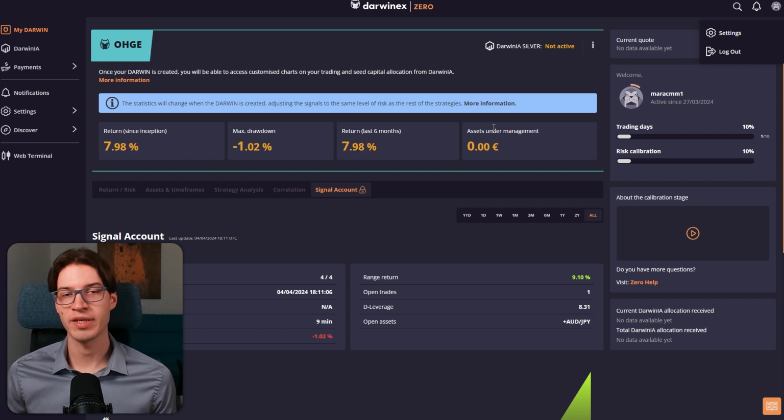Darvinex Zero is pretty safe as well. They have all of the licenses they need. They are regulated, so it's a very, very safe platform. So my best advice is focus on the personal, okay? Build a good track record. Definitely focus on the personal first. Get a Darvinex Zero, put it on a trade copier, have it running in the background, and then choose a prop firm which you have thoroughly looked into, so you did your due diligence, and pick a prop firm that